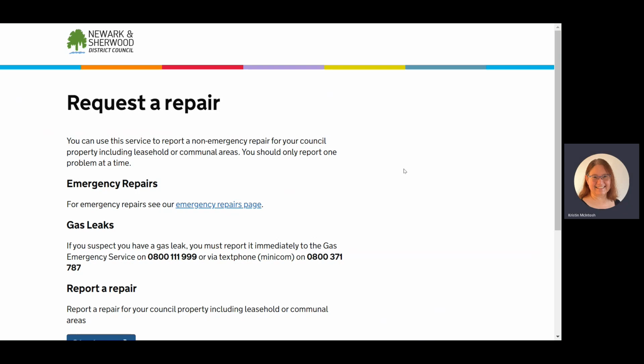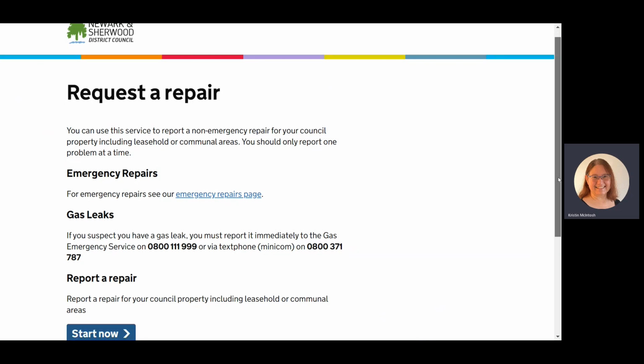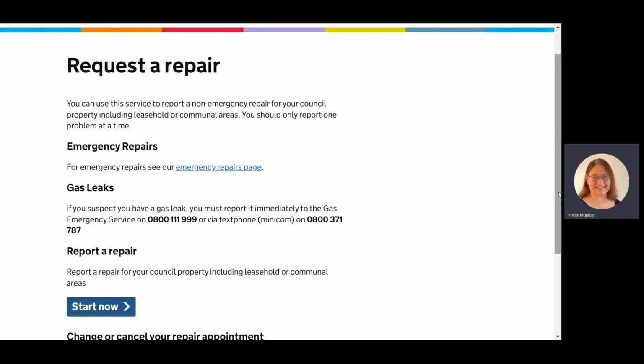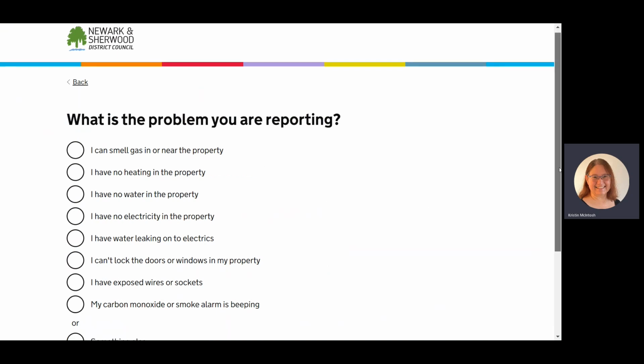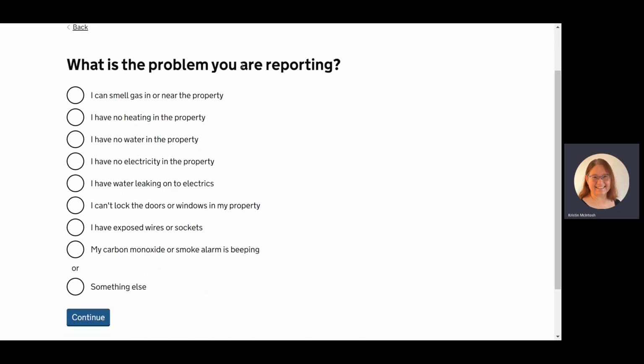This is a demonstration of the reporting a leaseholder repair process. So we start with the common page, which is for tenants, leaseholder and communal journeys. We click on Start Now to report a repair. Now this is the same for all journeys, so anything that is an emergency is directed out as soon as possible